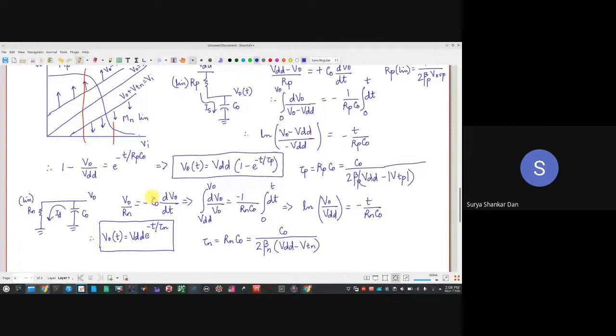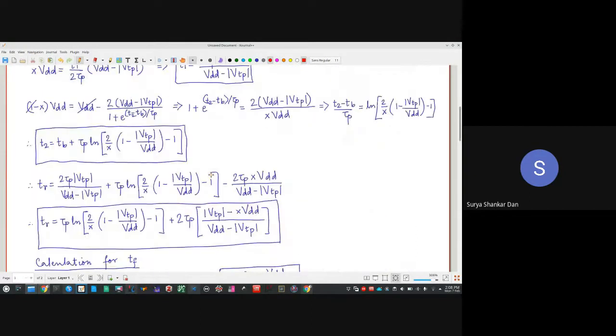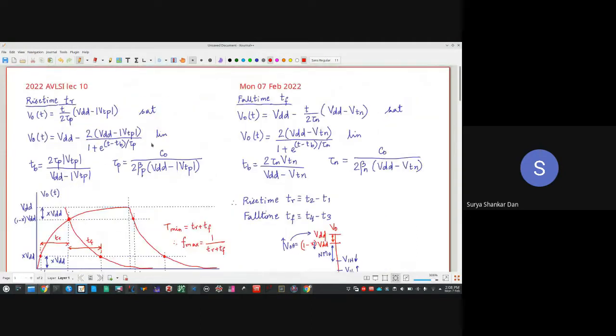Okay. Clearly, as you can see, that's why I kept it over here. This is a simple expression for VO of t. This is basically a simple RC network here, charging and discharging of a capacitor. Whereas the exact value of VO, I did not do it today, I think. Yeah, in previous classes. If you notice, these are much more complicated equations.